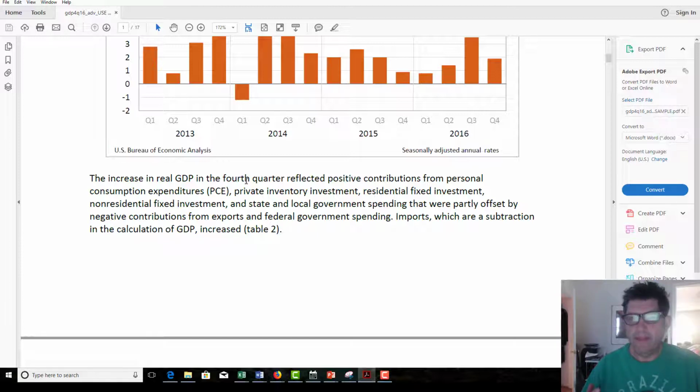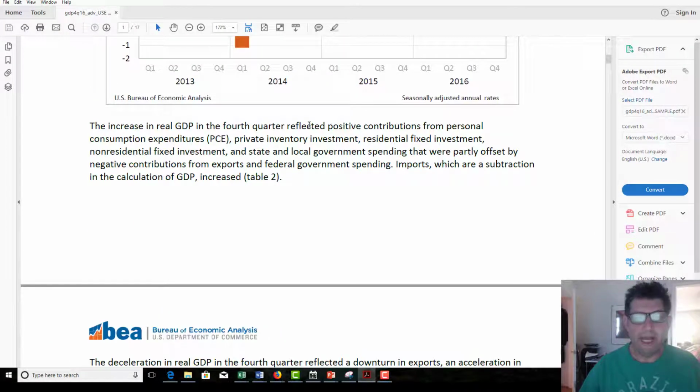So you'll remember that GDP is equal to consumption plus investment plus government spending plus exports minus imports, okay? So it turns out that we can make attributions. We can say, well, if GDP went up, it's because consumption went up or investment went up, et cetera. And you can see here, in fact, that yes, personal consumption, household consumption did go up, inventories did go up, residential went up,